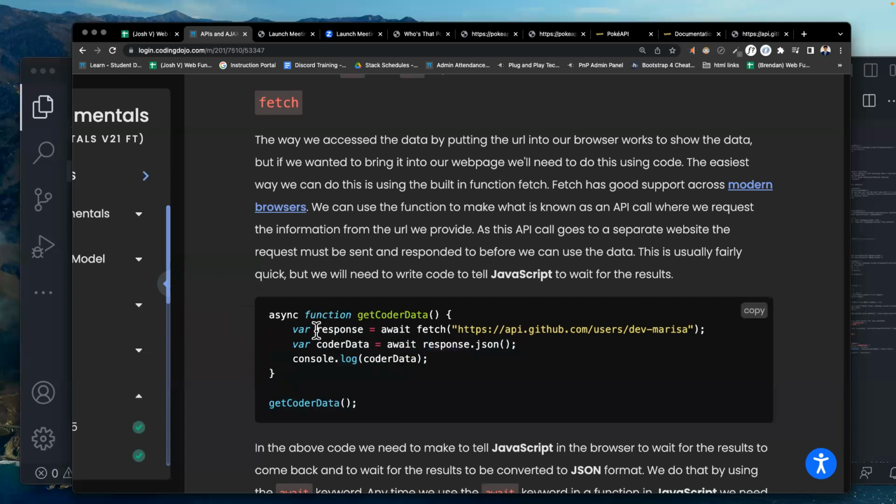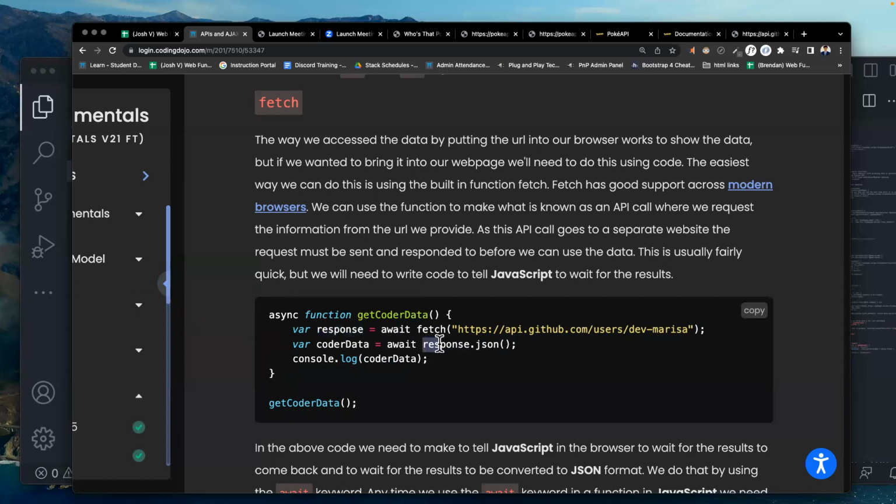Response was the first API call, the fetch, that's now put in this box, the response variable.